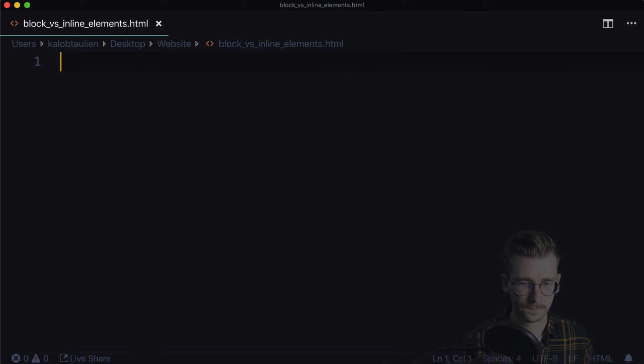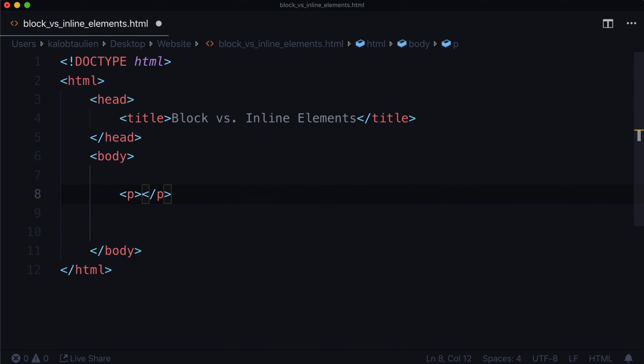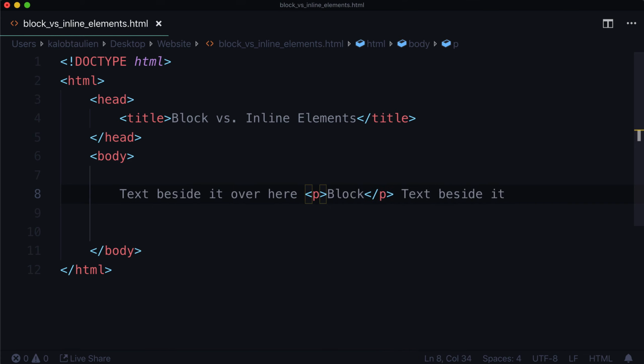And that's it. I just pasted a bunch of HTML template in here. And let's call this block versus inline elements. And these are drastically different things. So a block element is like a P element, block. And so if I try to put text beside it, or if I put text beside it over here, doesn't matter what I do, this is always going to break down onto its